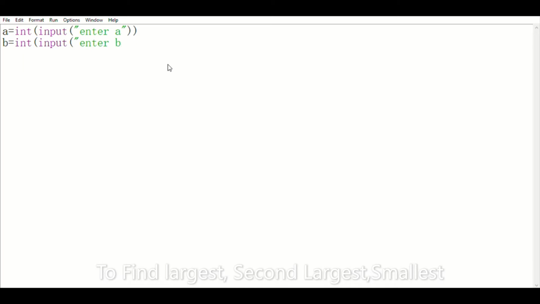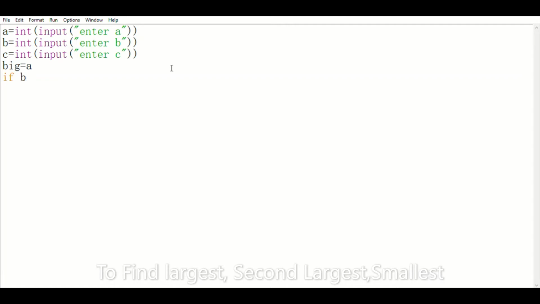Initially you need to assign those numbers to these variables. So first we have to declare them. In Python we don't need to explicitly declare them, it will be declared implicitly, which means you just need to mention the variables, A, B and C, specifying the type of the variable, that is integer, and using the function input take a user input.